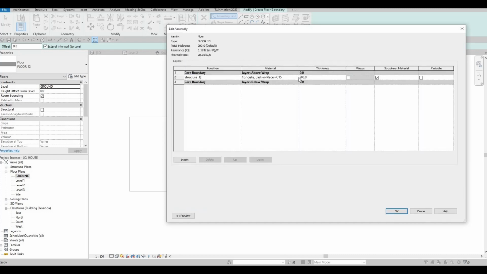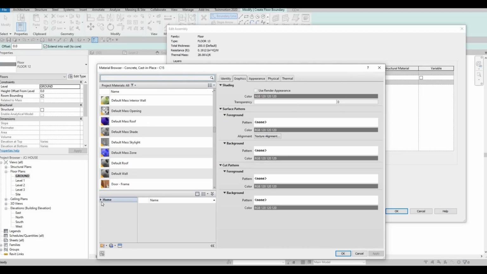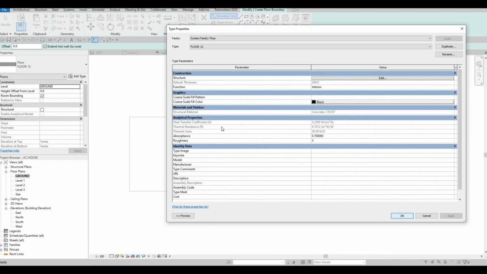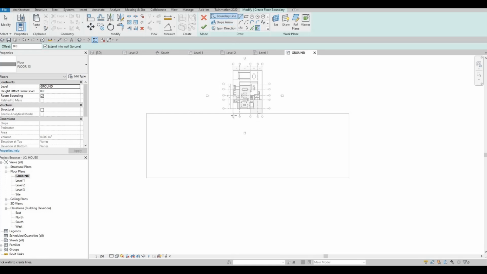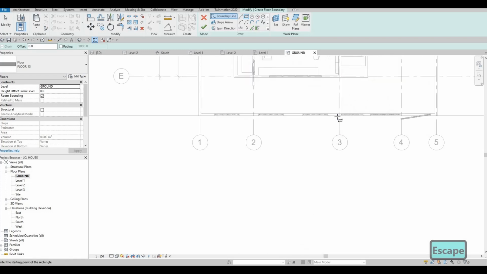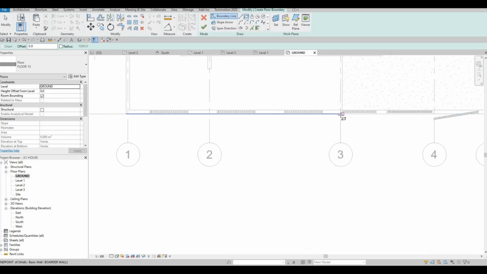Let's edit this, another concrete material. And then here I'm just pulling out one of the concrete again, and then we're going to use rectangle, and we're going to add one going here,